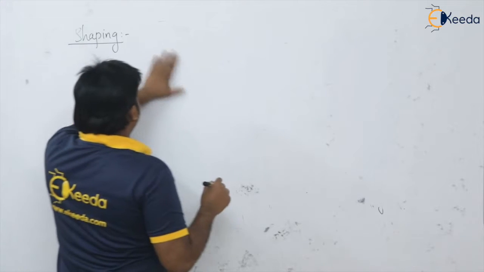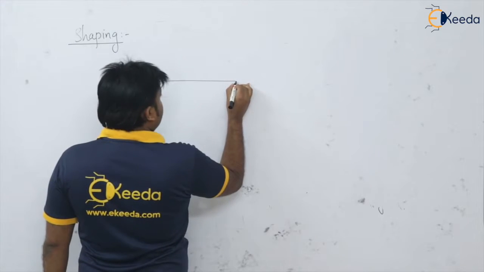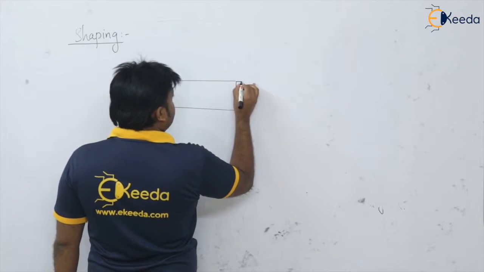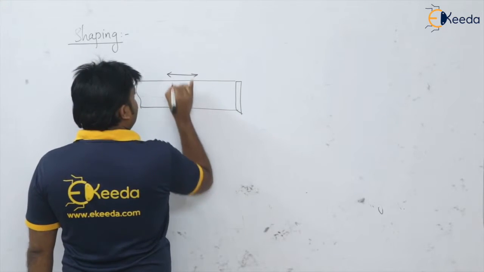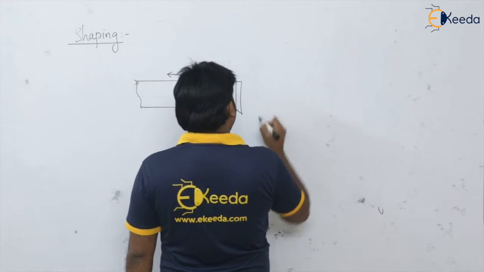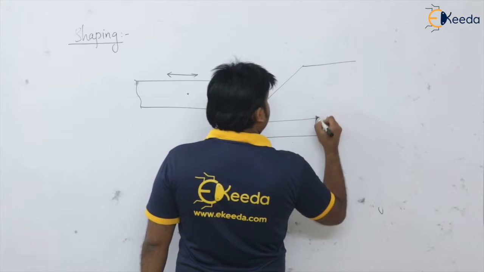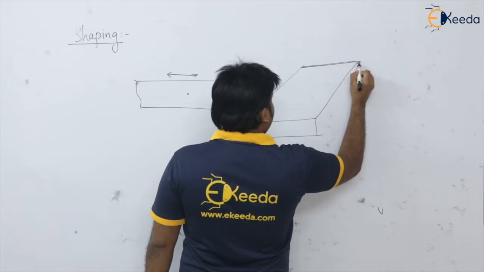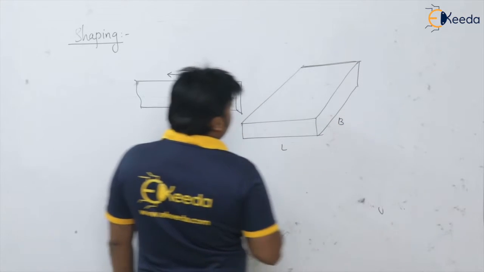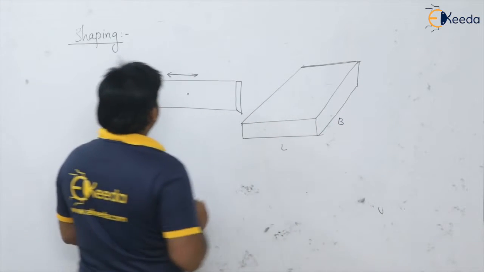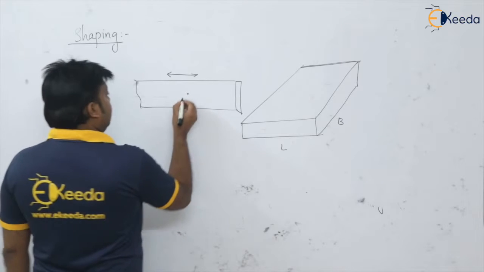Okay, so in shaping operation we are having the tool which is put on the beam, which is reciprocating, and this is the workpiece of, say, the length L and the width B, and it is reciprocating. So shaping operation is basically used for machining of the flat surfaces, and here